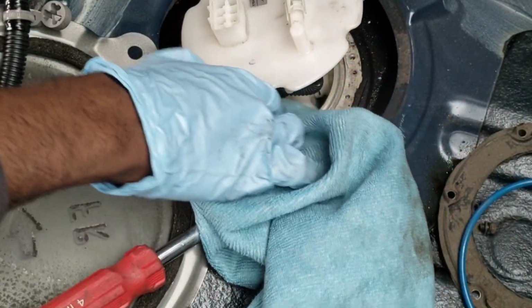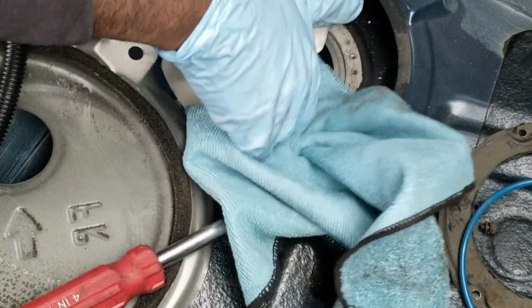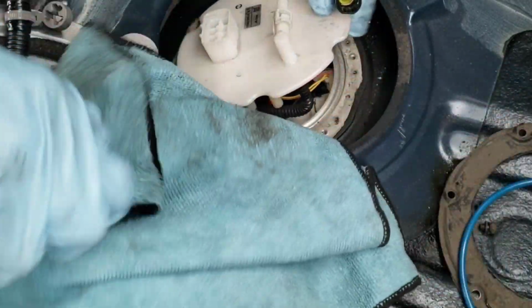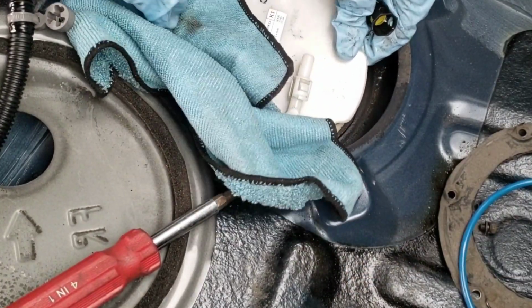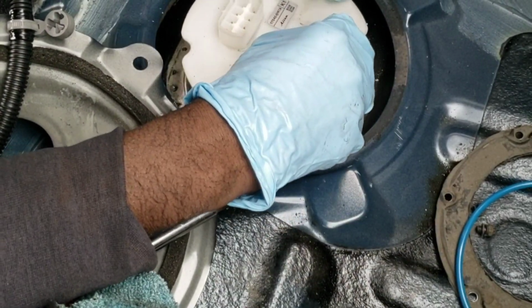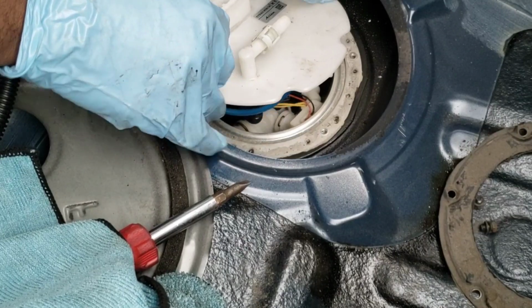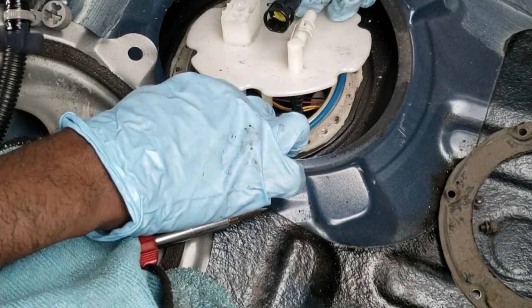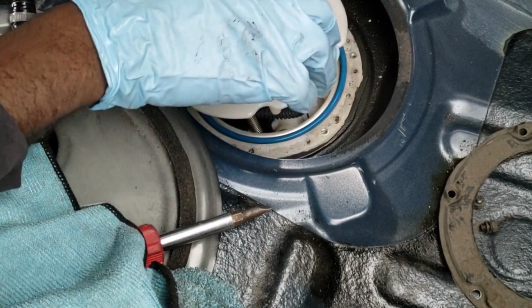I'm just going to rub around the edge, because that's where some of the fuel spilled, and I don't want all that fuel to get on the O-ring, because the O-ring is what's going to sit there, and I don't want the O-ring to swell and everything like that. Should have done this beforehand. All right. Now, take the O-ring, put it on. No, don't drop the O-ring in there. Let's not do that today. O-ring is...